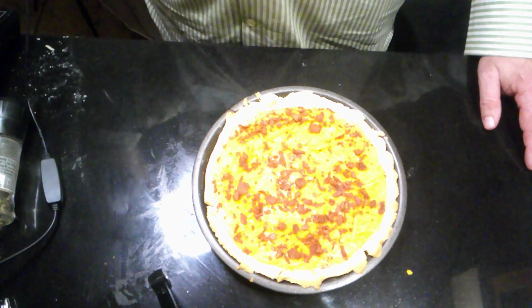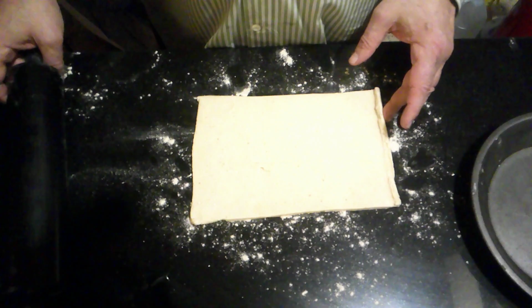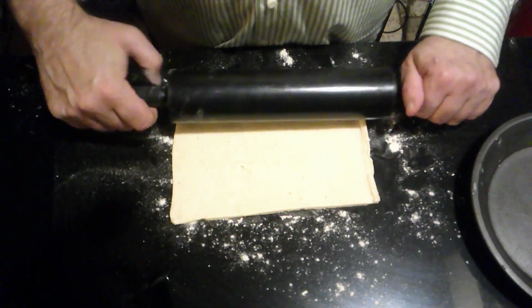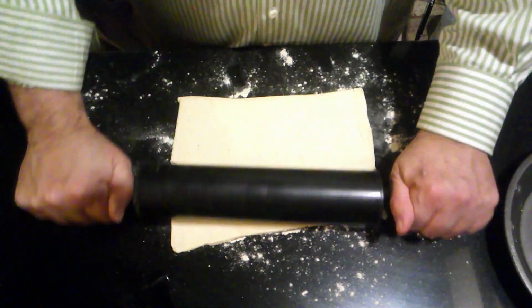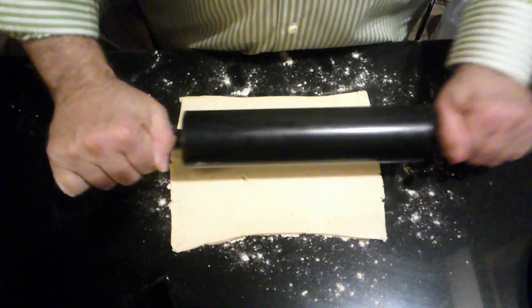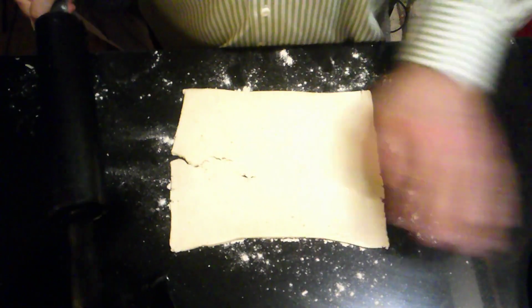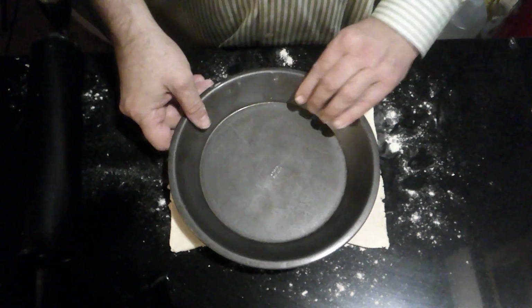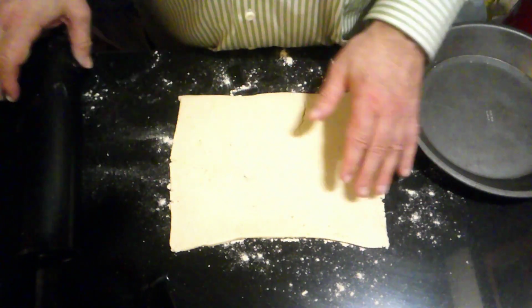So here I have the gluten-free puff pastry dough. I'm using a Schar product. They're the only one that I found, at least locally here in New Jersey, that is a vegan puff pastry dough. And I think it's an 8-inch pie pan that we're going to be using for the